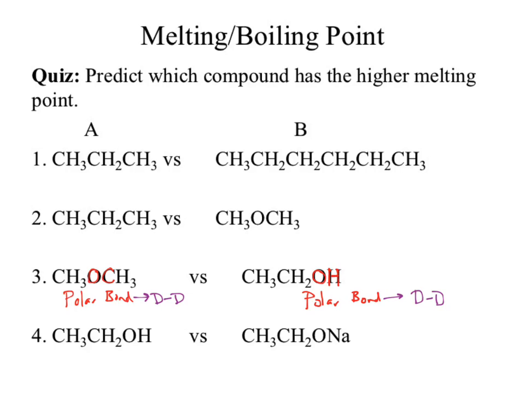So I go back to my structures and say, in my dipole-dipole force generated from that polar covalent bond, I have an O bonded to a C. Is either of those hydrogen? No. So do I get hydrogen bonding coming out of 3A? No. In 3B, we decided to look at the OH bond. Is one of those a hydrogen? Yes. Is that hydrogen bonded to oxygen, nitrogen, or fluorine? Yes. Which means? Instead of looking at dipole-dipole, I should be looking at hydrogen bonding. Which is the stronger force, hydrogen bonding or dipole-dipole? Hydrogen bonding. The stronger force means the higher melting point, and our answer becomes